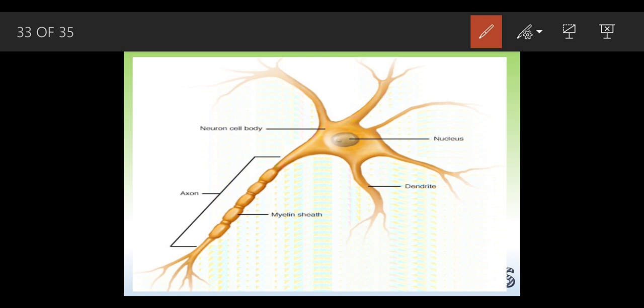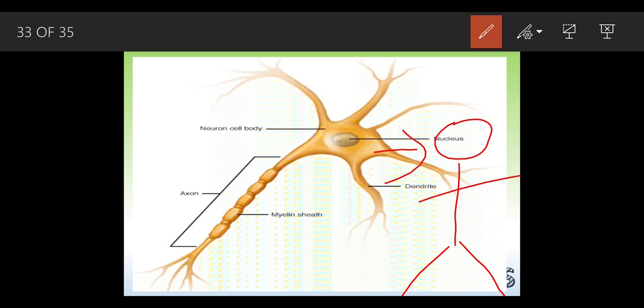Okay, and it is very important, because without the nervous system you won't be able to transmit any message, and you won't be able to receive any message. So if you look at the human figure, this is a head, this is the body part, and these are the legs. Okay, I know this doesn't look like a human, but you have to understand this is the head, this is the body part, and this is the leg part.